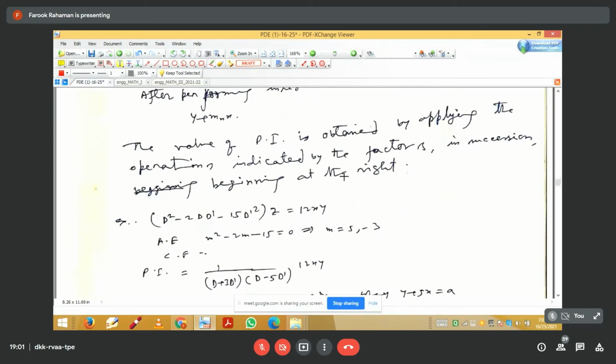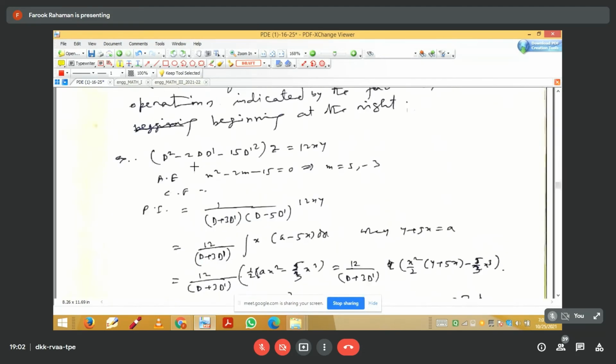Let us take an example. Suppose this one. This is homogeneous of degree 2. We write this as these 2 factors. Homogeneous of degree 2 means we have 2 factors. So take this as u, and proceed to solve this.